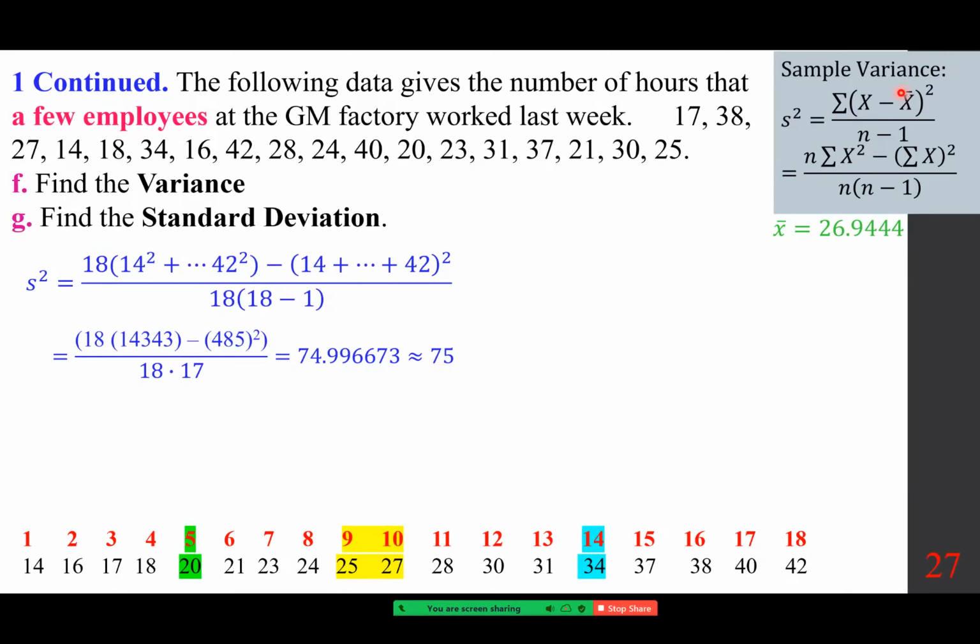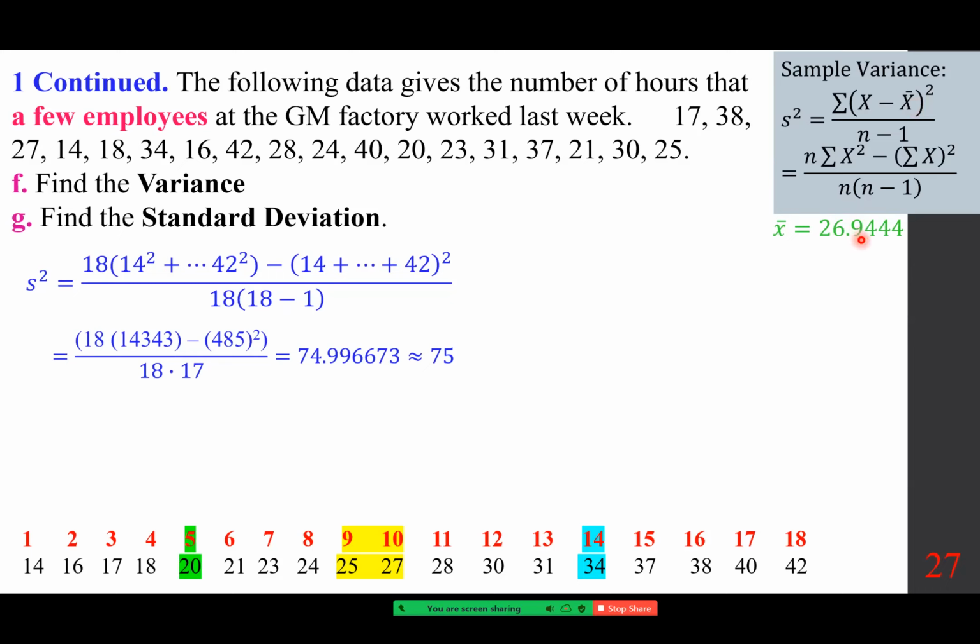If we were to use this one, how do we do that? Summation of x minus x bar quantity squared divided by n minus 1. I wrote x bar from the previous page. And again, this is where you have to be very careful. You don't want to truncate this and round this. You want to keep it as such because you want your s squared to be as close as possible to the real number. Therefore, summation of x minus x bar means 14